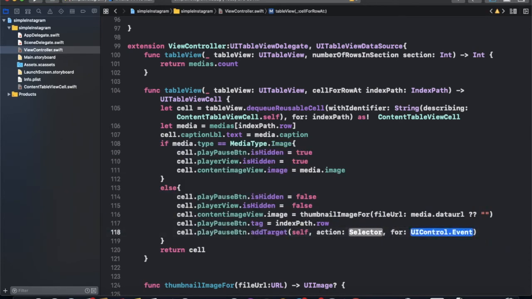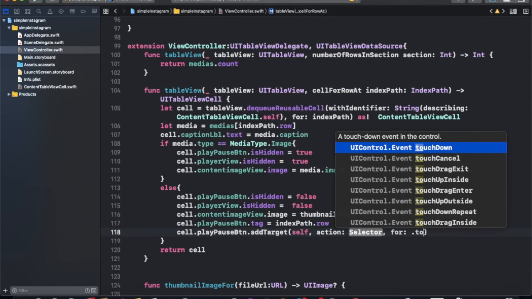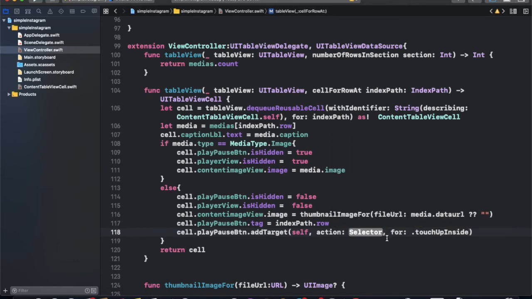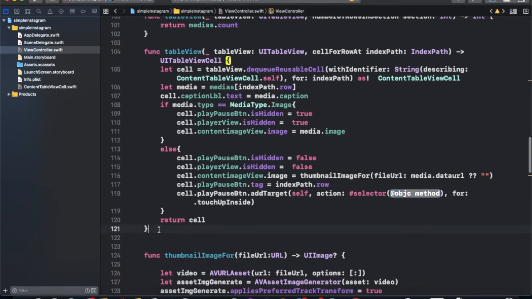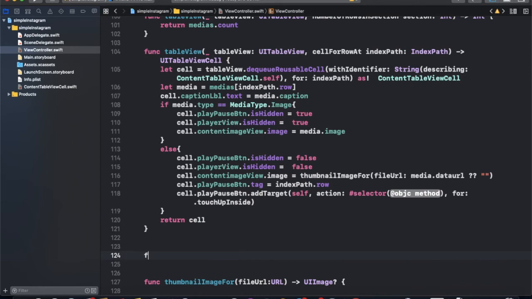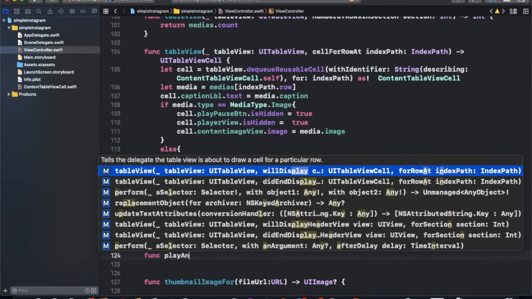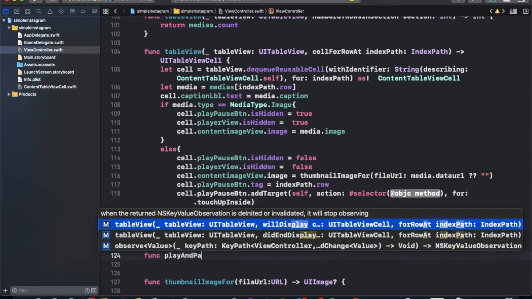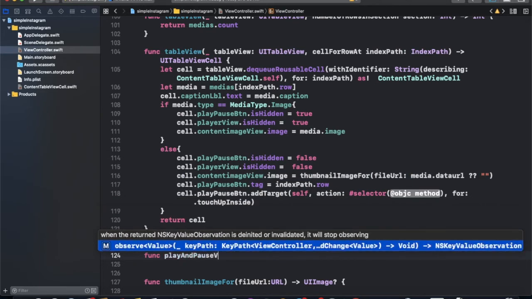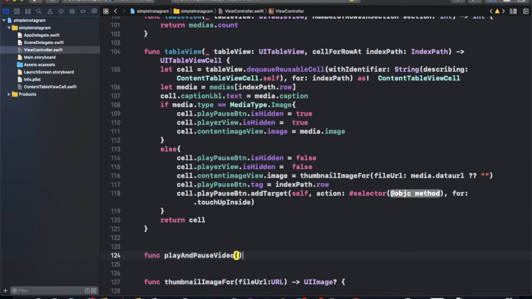control jump inside selector as selector. So you can write in a method for here function play and pause. Video.